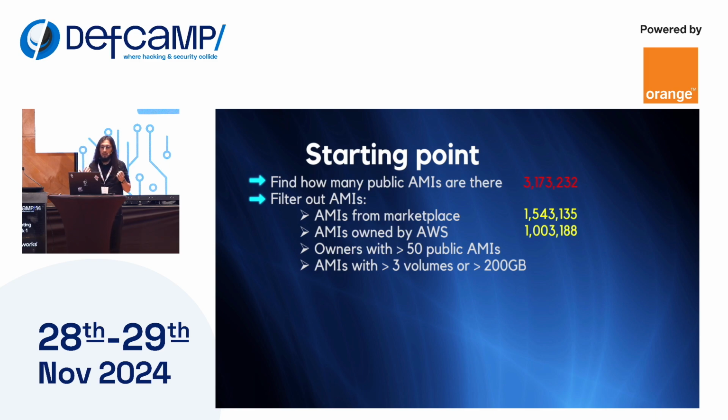And if there is any company that actually had, by accident, more than 50 public AMIs, well, security-wise, they are at a point of no return, and honestly, we can't help them. So it was a trade-off we were okay to make. And this left us with 27,000 AMIs, which we knew was a number we can work with. And we did some fine-tuning in the end.